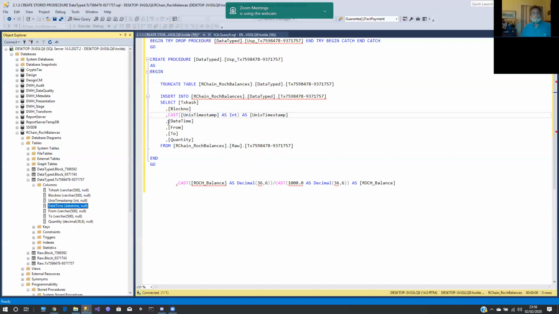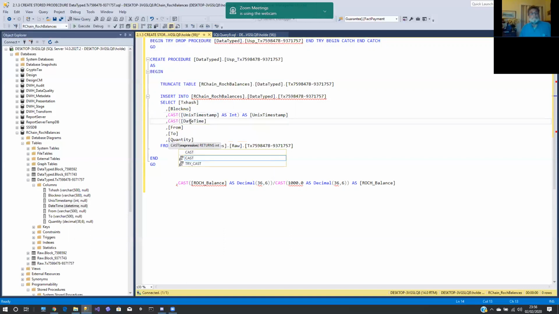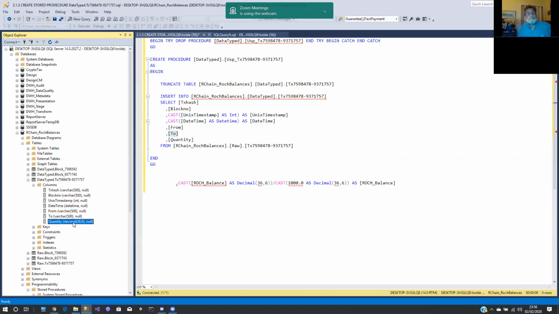Date time, we want to cast to a date time, so cast date time as same column name. From is correct and to is correct, these are both strings, and then we want a decimal here,